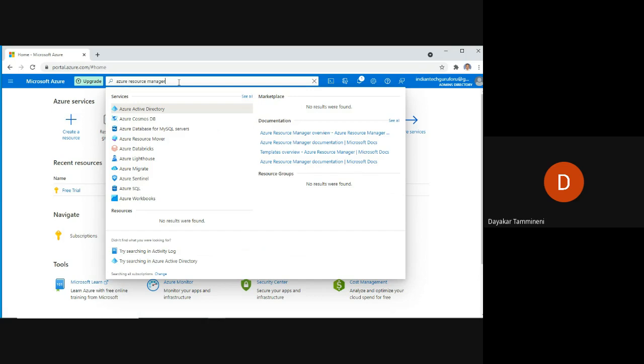However, in the documentation, there is Azure Resource Manager overview, Azure Resource Manager documentation, and templates overview. So what does it mean? It is not a direct service. However, it is an indirect service, but it is more popular. Using the Azure Resource Manager ARM templates,